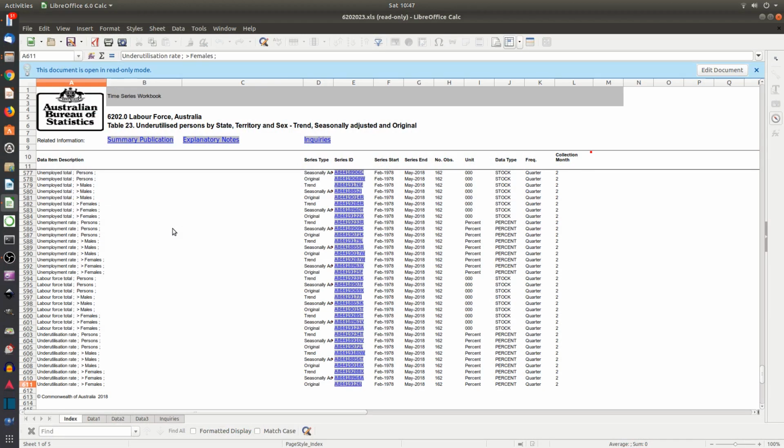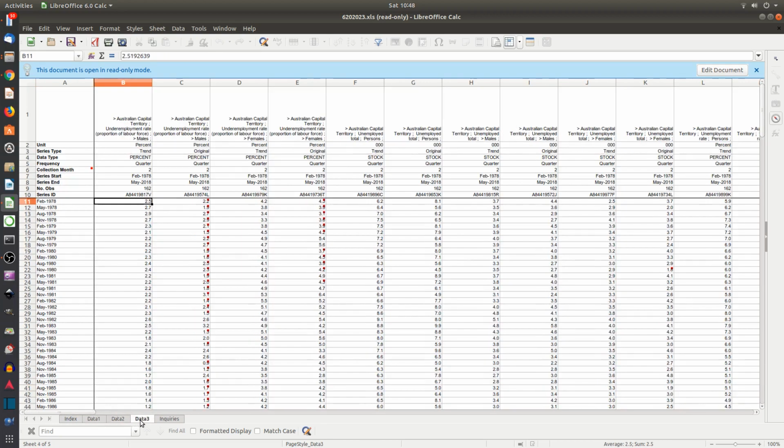So here's the spreadsheet I was talking about, Table 23, Labour Force Australia, and it has 600 columns. It starts at row 12 and goes to 611. To ensure that it's compatible with older versions of Microsoft Excel, they've split the data into three worksheets: Data 1, Data 2, Data 3. Now, this is not the only table that has data in multiple worksheets. There's also Table 22, which is age range data for labour force. So, in the next part, I'll show you how to read in data that's across multiple worksheets into a Pandas